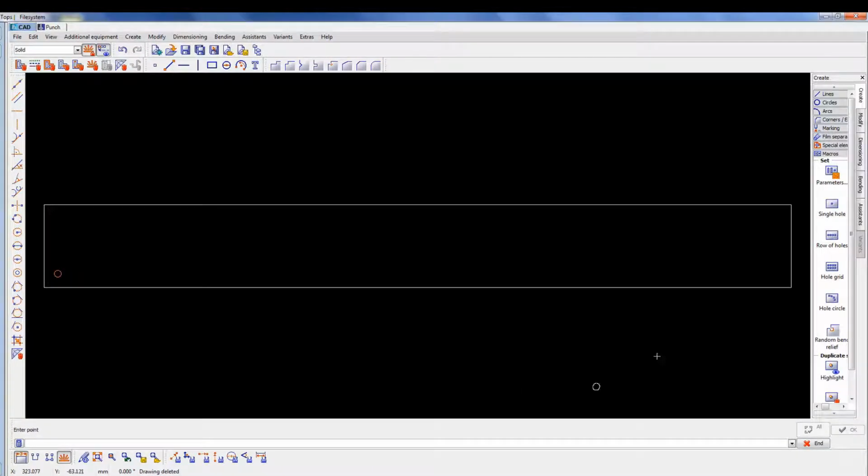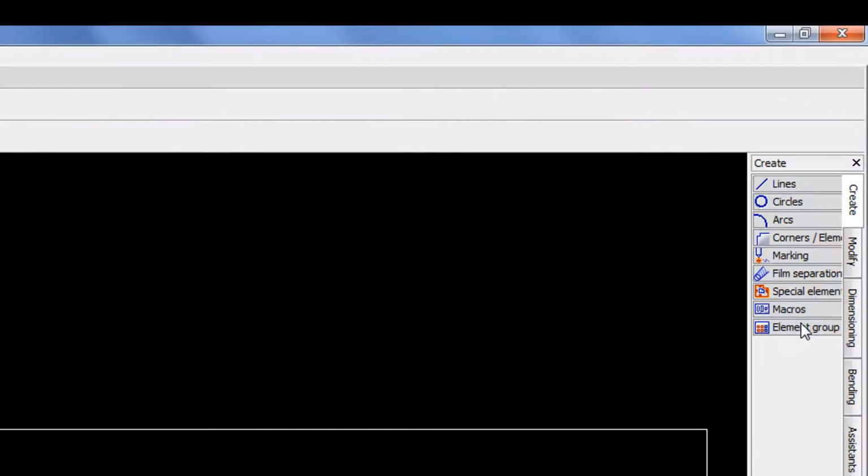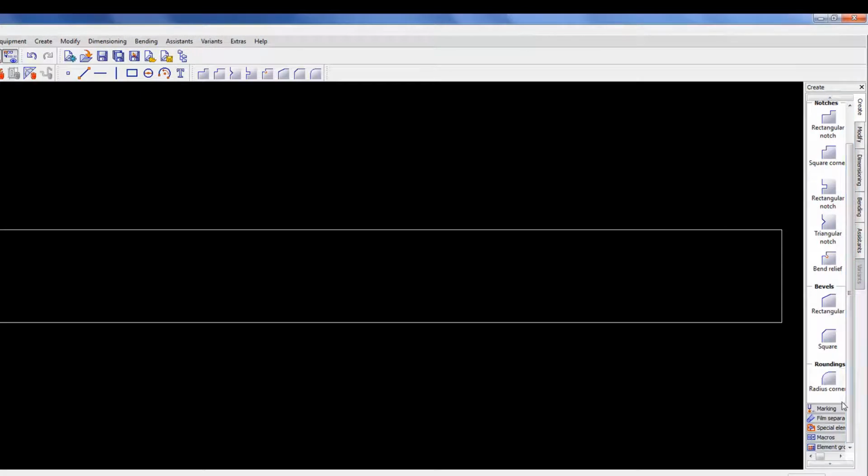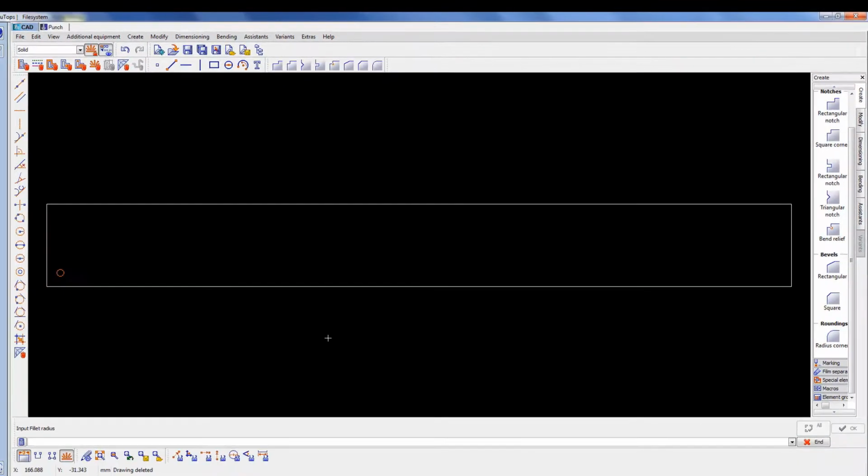Now for the rads, we need to go on, let's close this menu up, here we go, corners and elements. So you click on corners and elements and now you want radius corner. So the size of this rad is, it's an R8, so it's like an 8mm rad. So type in 8, enter that, touch it on the corner and it'll put an 8mm rad in for you. So that is virtually finished, but I will show you the other size rads which we've got,